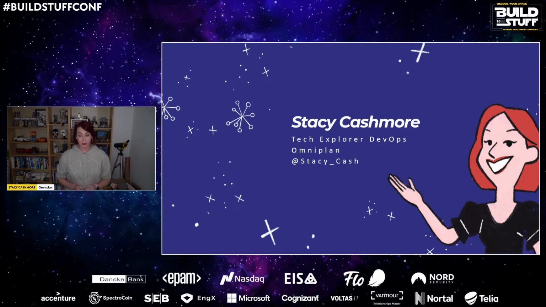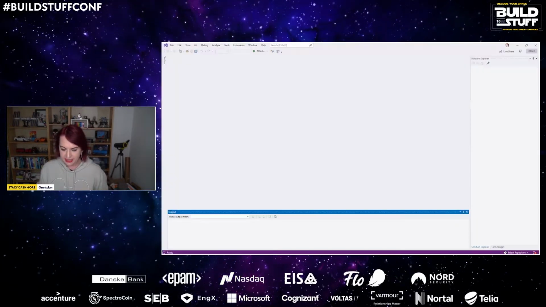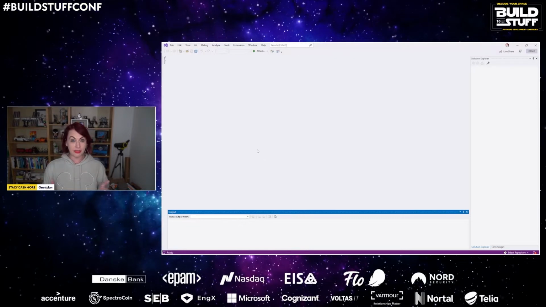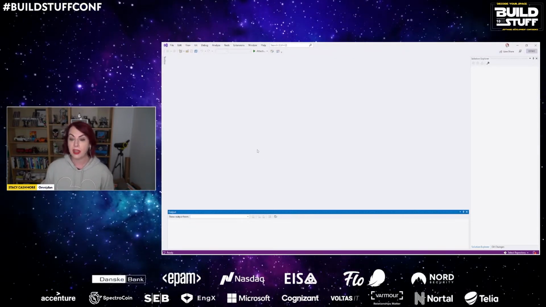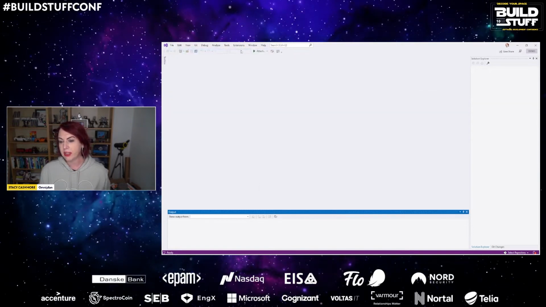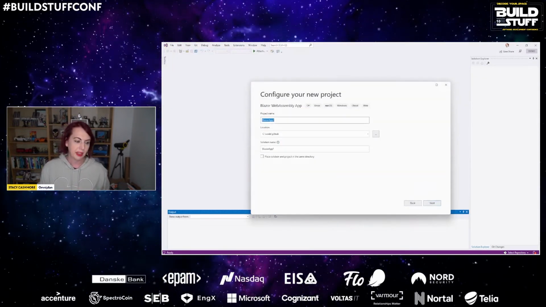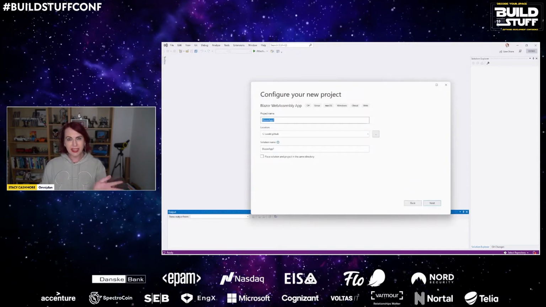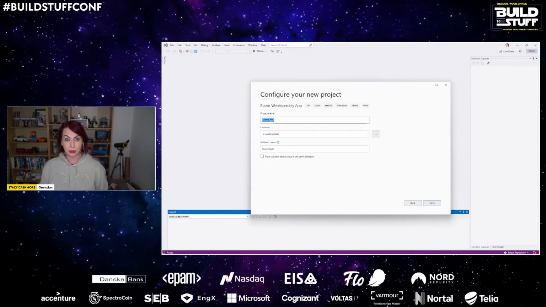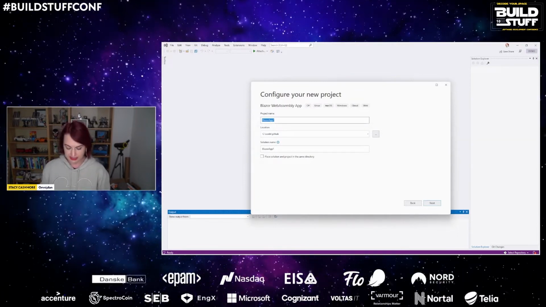Let's build something cool. So what we're going to build today is basically those first couple of steps that I took when I started to write my own website. So we're going to create a Blazor application, Blazor WebAssembly app, and we're going to make an API, and we're going to get some data out of my dev.to account in order to display on our own site.